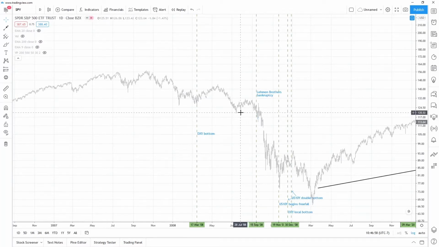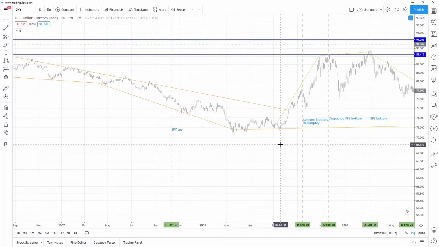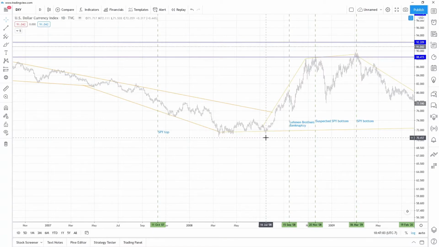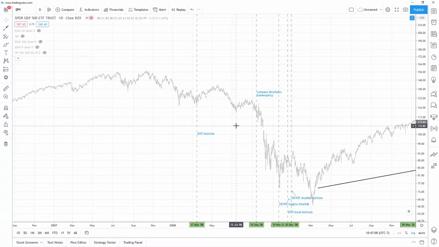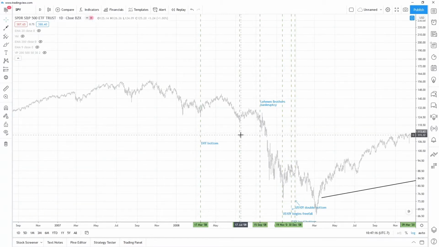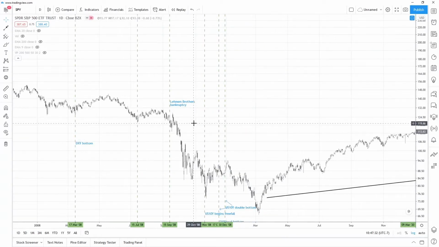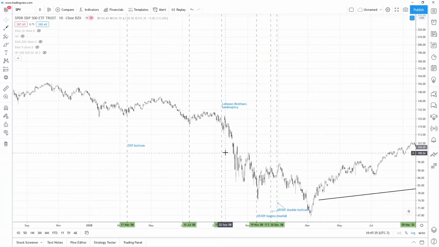Then let's see, I should probably mark this out as well on the SPY, July 16th, 2008. So this is when the dollar index made a turn, and instead of going flat, it started turning up. Then September 2008, September 15th, the Lehman Brothers collapsed, and that's when you start to see the SPY collapse. But